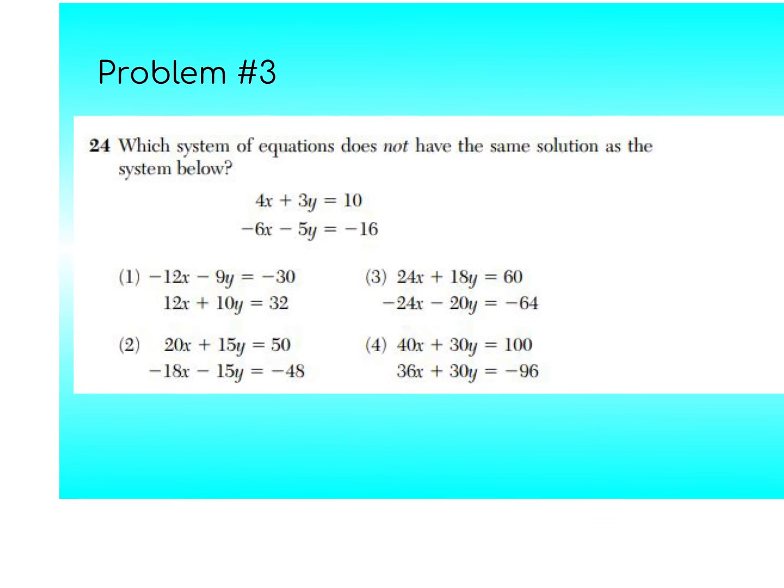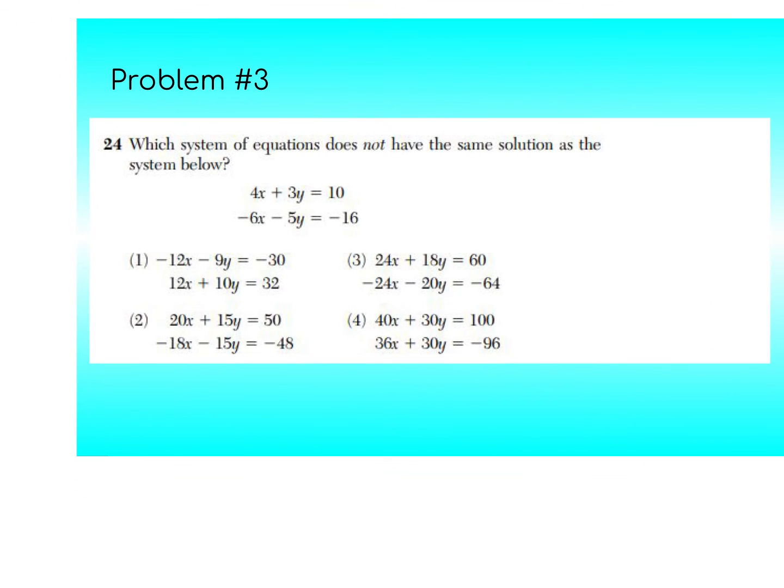Okay, our next one. Which system of equations does not have the same solution as the system below? So you have a variety of ways you can solve this. You could go ahead and solve each system, or you could look for some clues to let you know what's happening. You can use your calculator to do the end solve to figure out exactly the solution, but let's think efficiently. So if I multiply the top equation by -3 and the bottom one by -2, I will